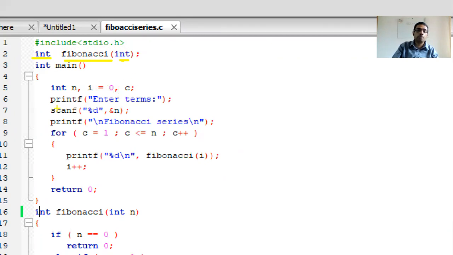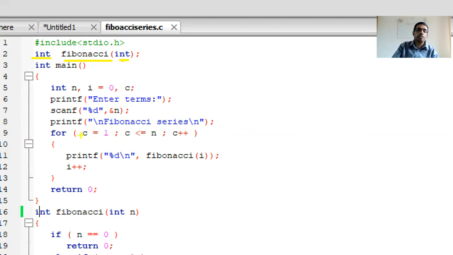Okay, I display to the user by using a printf statement. Enter the terms. Okay, enter up to which term we have to print. Okay, that is the thing we are asking the user. And the entered value is stored by using scanf %d. Percentage is a format specifier for the integer. Ampersand n, okay, we are storing it in the memory address of the variable n. Okay, then print statement Fibonacci series. Okay, then we are printing that Fibonacci series.